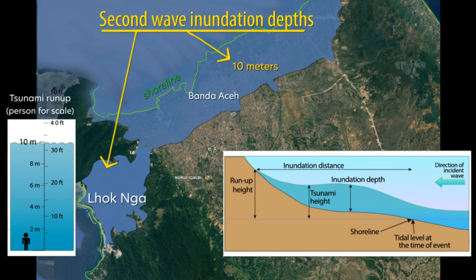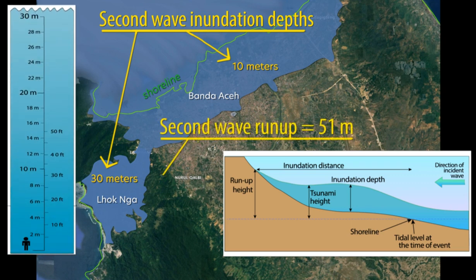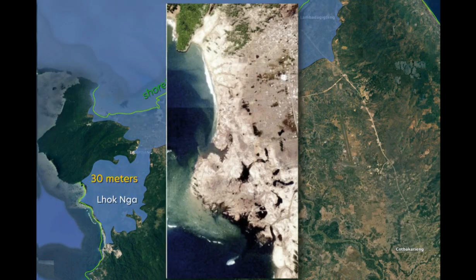At Lotna, maximum flow depth was 30 meters, and run-up at a sea cliff reached 51 meters, the highest measured run-up in human history for an earthquake-generated tsunami. As shown in satellite images of Lotna, almost all buildings were destroyed on coastal lowlands of northern Sumatra, overrun by